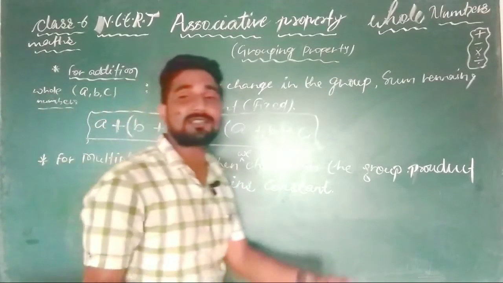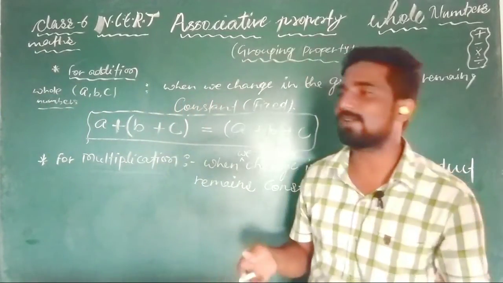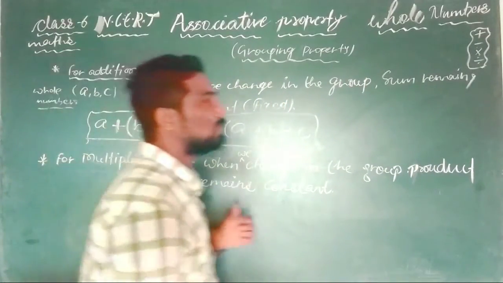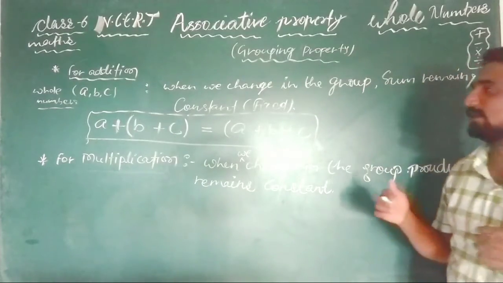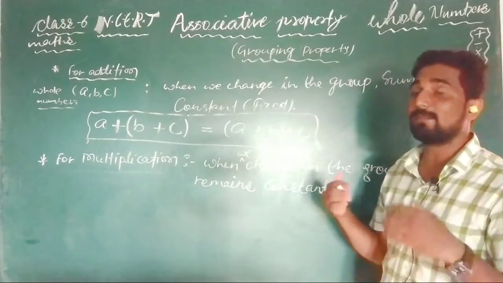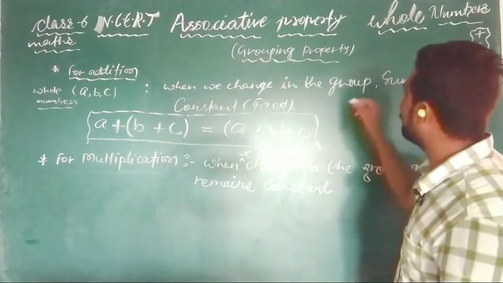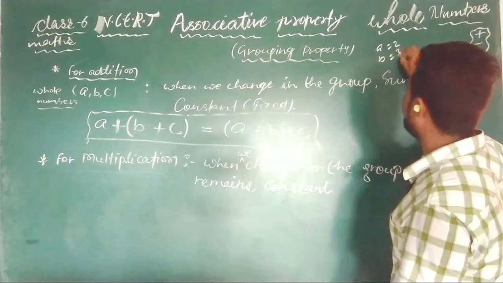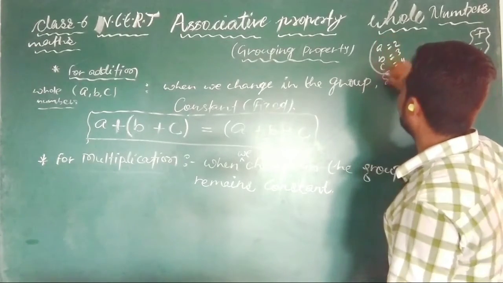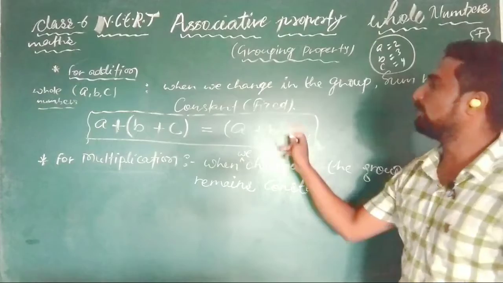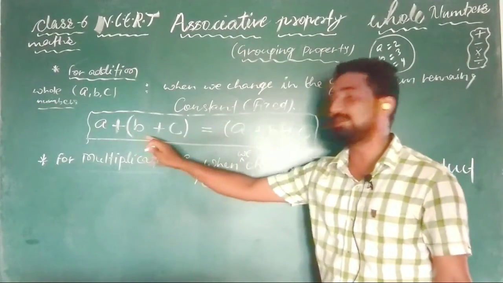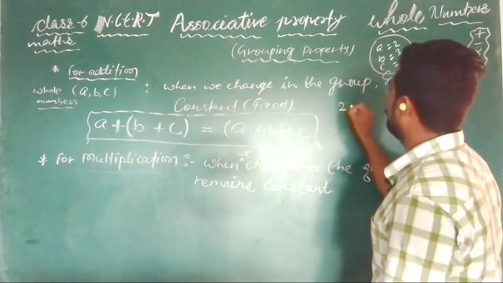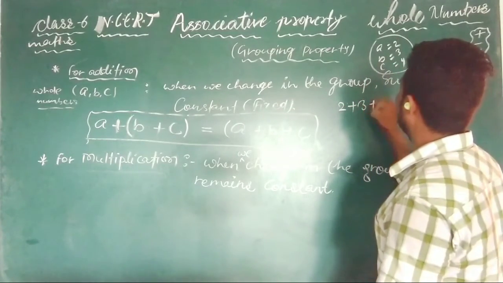Now you must be thinking, what has sir written, A, B, C, we are not understanding that. Okay, no problem. Let us take an example, and I will make you understand how to solve this question using this property, and how it will be written with numbers. Suppose in place of A I take 2, in place of B I take 3, and in place of C I take 4. So these 3 are whole numbers. And how to arrange, how to write? You see, in the same manner we have to write. A, so A is what? 2, plus B, B is what? 3, and plus C, C is what? 4.